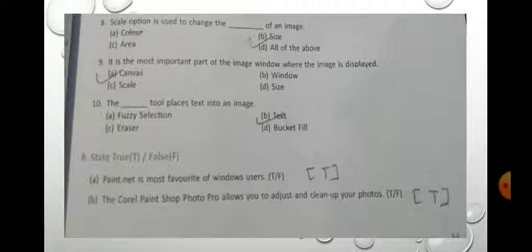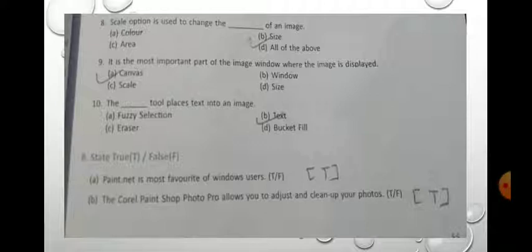Ninth is it is the most important part of the image window where the image is displayed.